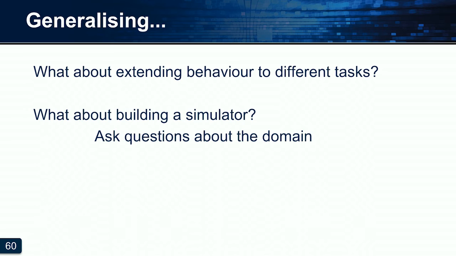Okay, so we had a question about generalizing, and that's a very good question. It motivates a lot of the research we do. So there's a lot of ways that you might want this to generalize. The simplest thing would be, what about different tasks? What if instead of going to one location, I want to go to another location? But you might even care about different instances of the domain, moving your objects around, and all sorts of things